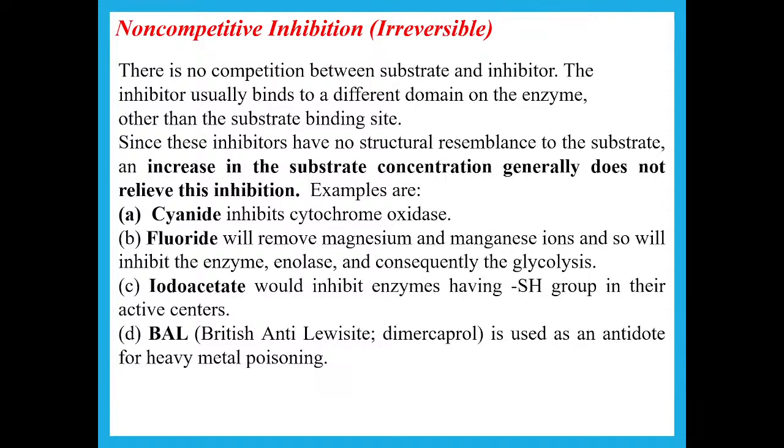Fluoride will remove magnesium and manganese ions, and so will inhibit the enzyme enolase, and consequently the glycolytic pathway. Iodoacetate will inhibit the enzymes having the thiol group SH in their active centers. British anti-lewisite or dicumarol is used as an antidote for heavy metal poisoning. So, all these four examples I have given are of non-competitive inhibition, which is irreversible in nature, and they are clinically important. So, we are going through just the basic structural aspects we should know, and